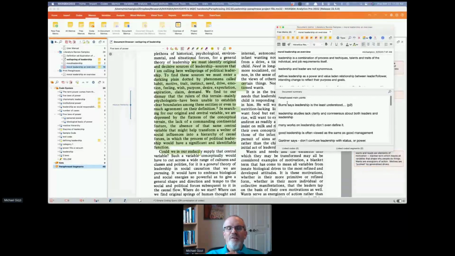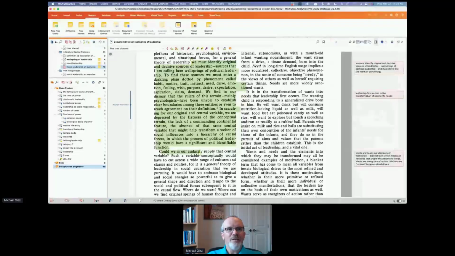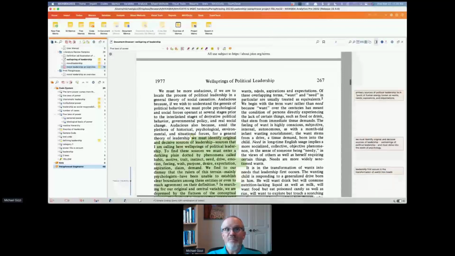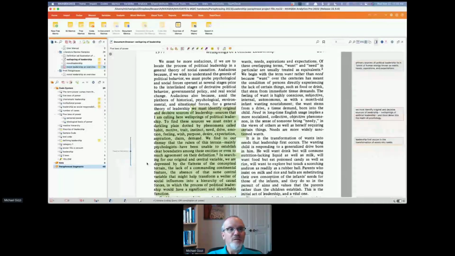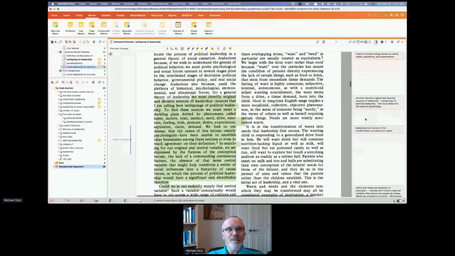Here's another thing that's useful. Notice here it says Burns' leadership is the least understood, page 2. If I am paraphrasing a document that has pages in it, say this is the first one in it, I could edit my paraphrase.